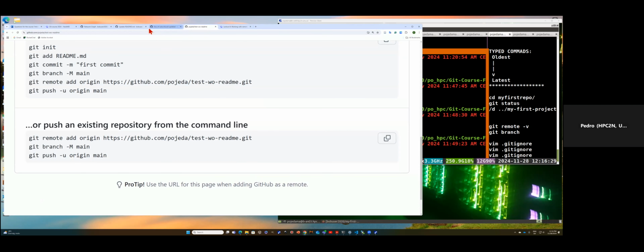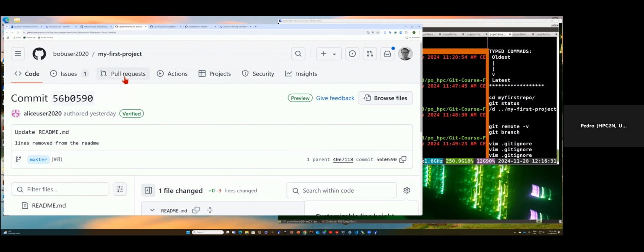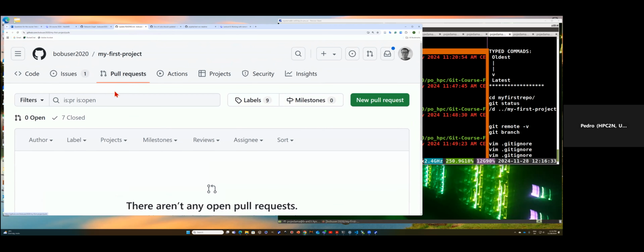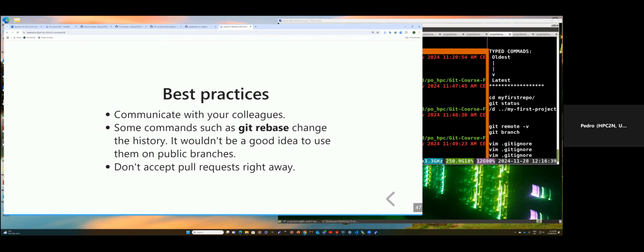For instance, with this button, you can go to the pull request, analyze the files, and see how the files are changed. After that, you test the code and see if everything works fine, and then accept it, but don't accept it right away. So if there are any further questions on this part,